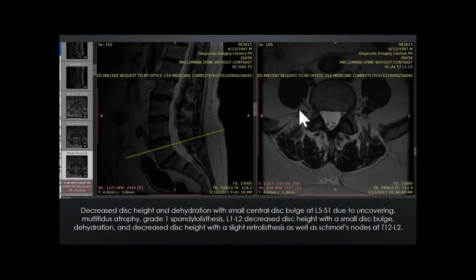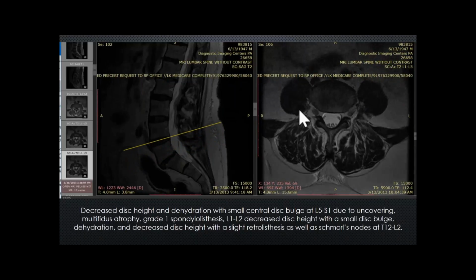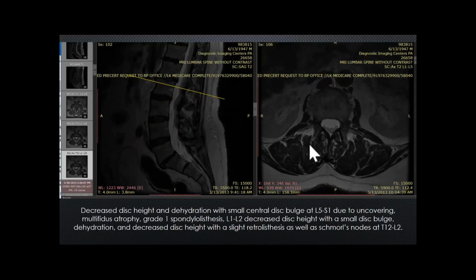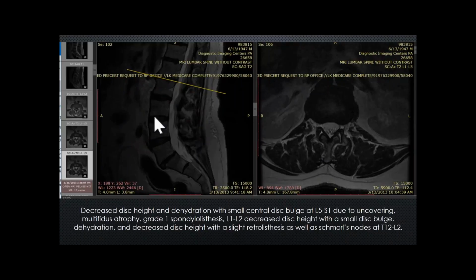And then as we go up, we tend to see this more diffuse muscle atrophy, not just in the multifidus, which I think is important to note. It's very common in middle-aged and older patients, especially patients that tend to be not as active. Then as we go way up here, so 5-1, 4-5, 3-4, 2-3 to the 1-2 level, we see decreased disc height,